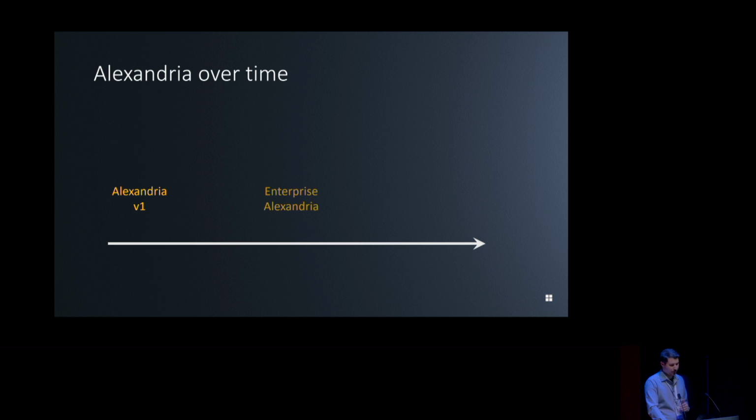Now what we have is what we call Enterprise Alexandria, and this is the version that does a little bit more than search. It still supports the search in the knowledge base, but now also starts surfacing these entities a little bit more proactively in various experiences and in people's workflows, right? It allows you to do a hashtag now, it would automatically highlight an entity while you work. So it's a little bit more proactive, right? So if I look at that timeline, I would say that on the left, the knowledge system was kind of sitting there passively.